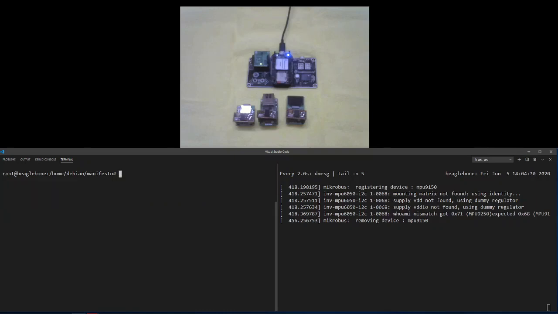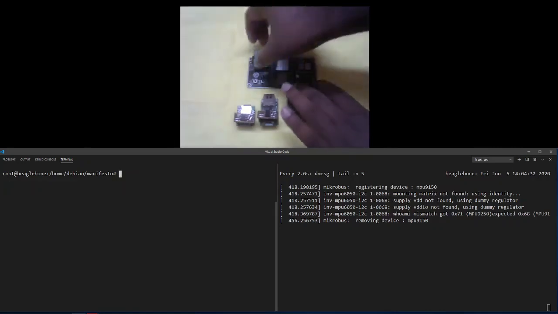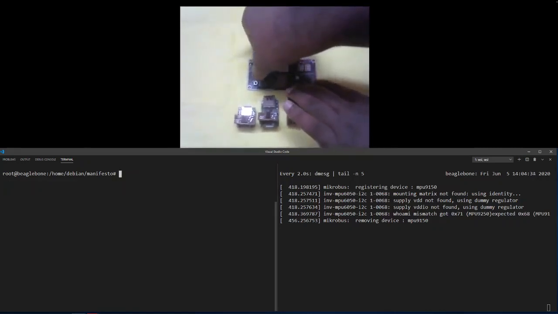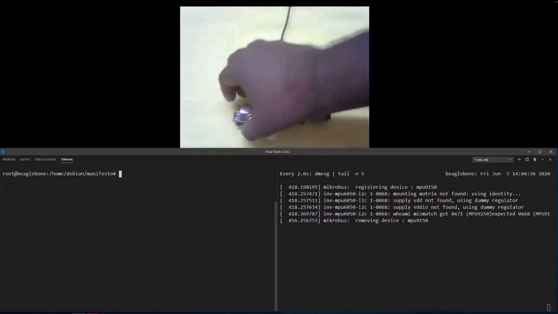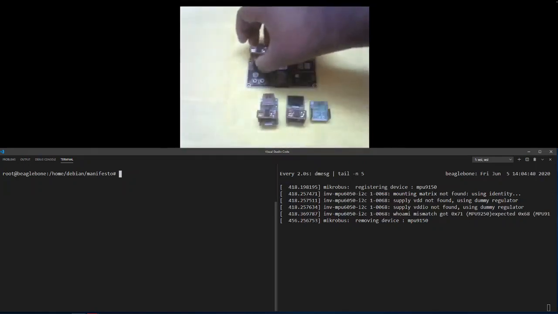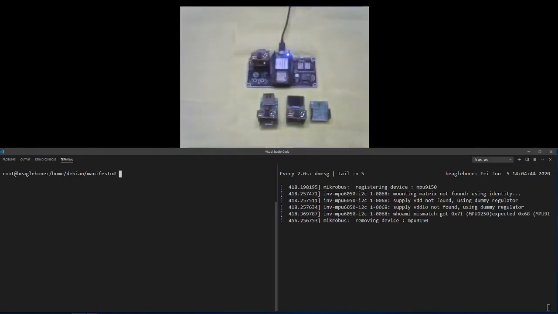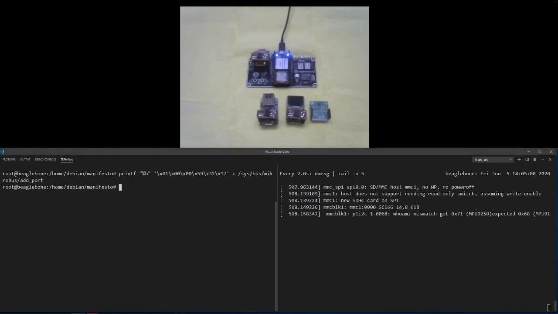Now we can see the working of the microbus driver when the clicks are already loaded with the manifest blobs. So these clicks are already loaded with their manifest blobs on the EEPROM, and the EEPROM is on the I2C bus of the microbus port, at the default address. So once the microbus port is probed, it tries to probe the EEPROM also, and then fetches the manifest contents and then loads the click device driver.